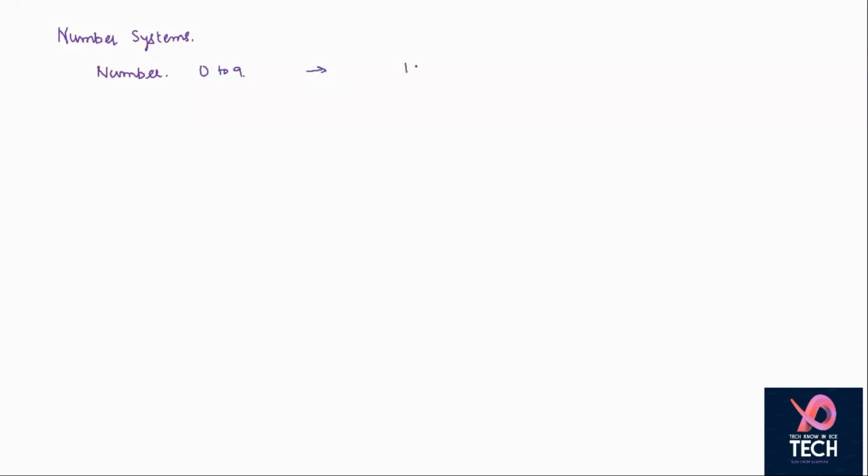So if I'm writing 18 here, I'm supposed to write out the base of this. So this is decimal base. The number system which we use in normal day-to-day life is the decimal system, where each digit has its own place value. So it can be written as 8 into 10 raised to the power 0, plus 1 into 10 raised to the power 1. So this is equal to 10 plus 8 is equal to 18. So the base is being specified.